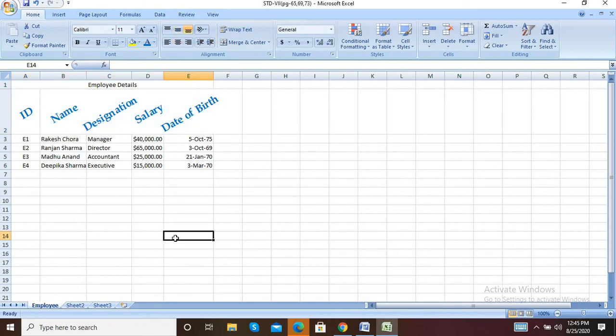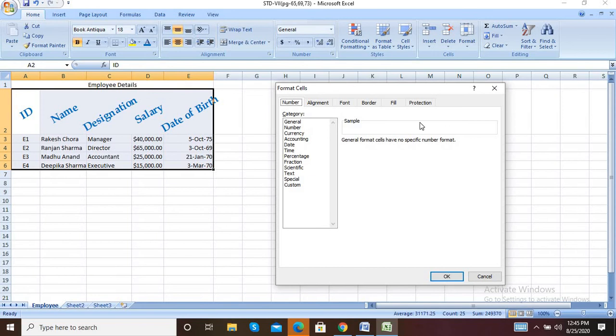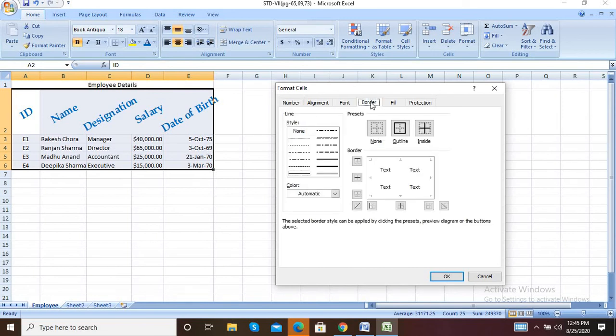Next thing, select the cells from A2 to E6. This is A2 to E6. This E and 6. So I am selecting the whole cell range. Next thing, draw a border and give a suitable cell background using the Border and Pattern tabs respectively in the Format Cells dialog box. So again go to the Number group. Here the Border option is there. So select whichever border you want. First I am selecting the whole border.